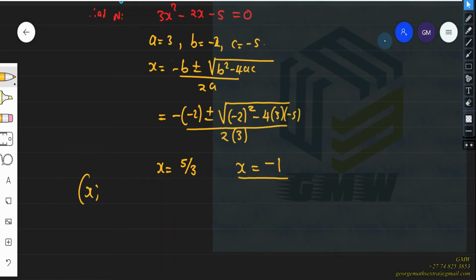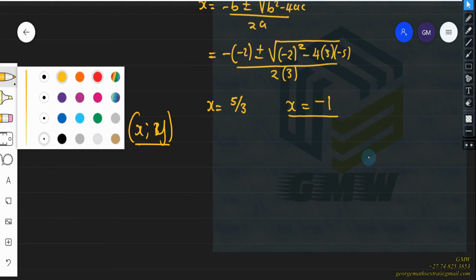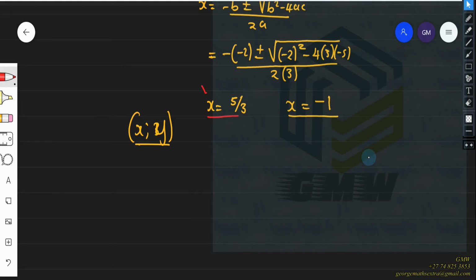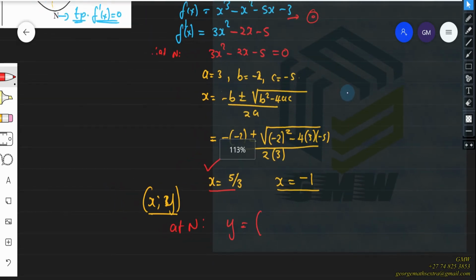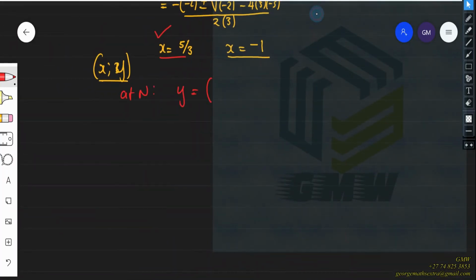Yeah. Now, at the end, we want coordinates. So coordinates are written in the form x and y. So what is left is for us to find the value of y when x is equal to 5 over 3. We are choosing this one for n. So at the n, we are saying y is equal to, remember our equation, wherever there is x, we now need to substitute in this original equation. Let me write down the function close by. f of x is equal to x cubed minus x squared minus 5x